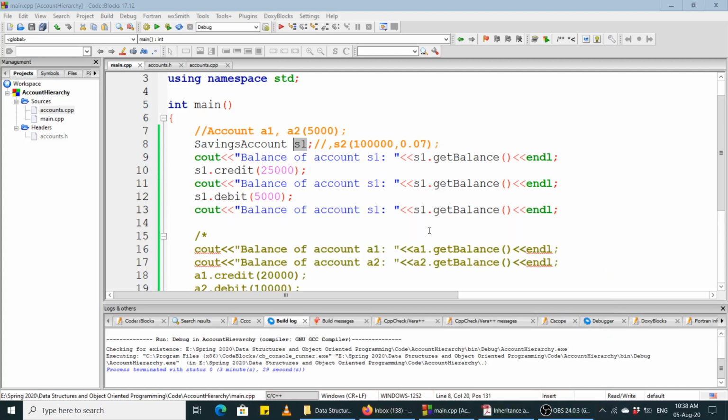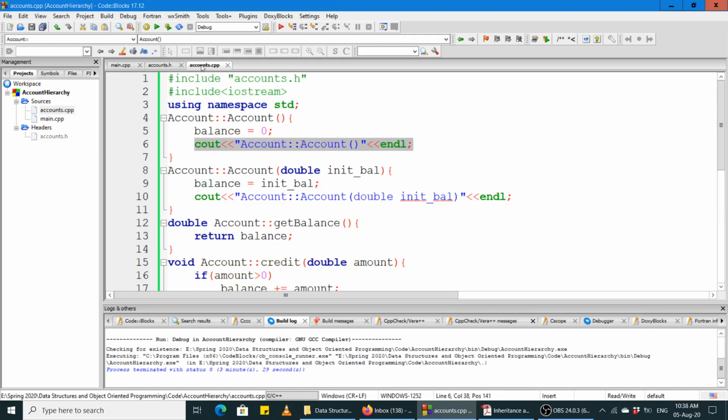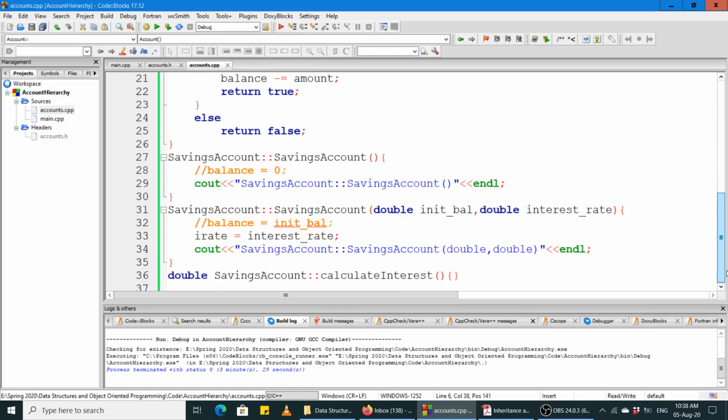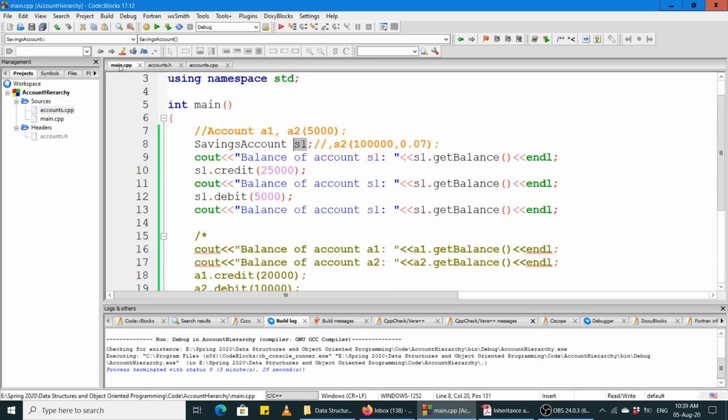नाउ लेट अस लुक एट द अदर वर्जन। दिस वाज ये हमने क्या किया, ये हमने सेविंग्स अकाउंट क्लास का ऑब्जेक्ट क्रिएट किया बाय इन्वोकिंग द डिफ़ॉल्ट कंस्ट्रक्टर फॉर द सेविंग्स अकाउंट क्लास। और हमने देखा कि वो डिफ़ॉल्ट कंस्ट्रक्टर कैसे बेस क्लास के कंस्ट्रक्टर को इन्वोक करता है। ठीक है, आप एक्सप्लिसिटली नहीं इन्वोक करते, वो खुद ही इम्प्लिसिटली इन्वोक करता है।